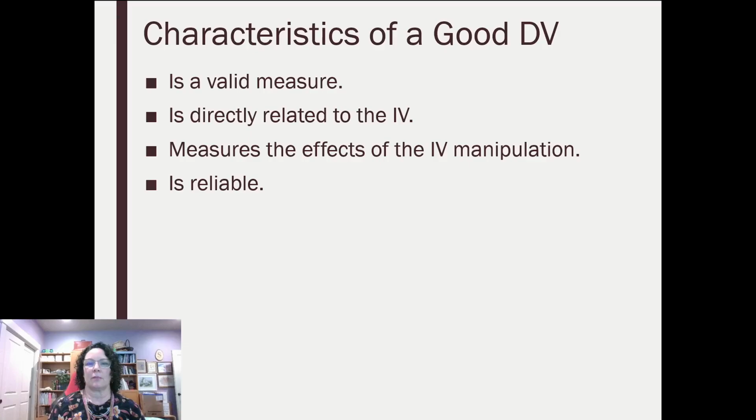We don't want the Beck Depression Inventory to be so reliable that no matter what intervention happened in between, you still get the exact same score the second time. Like, that would be a highly reliable test, but it's immune to the effects of maybe any improvements that you might have made as a result of the treatment that was provided